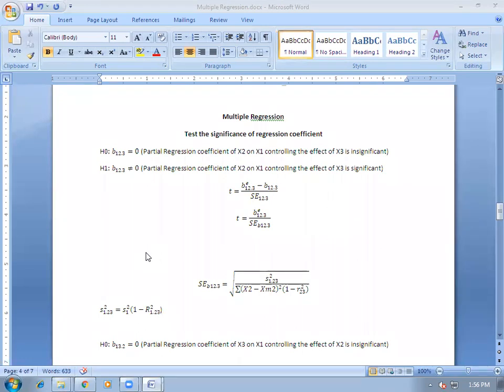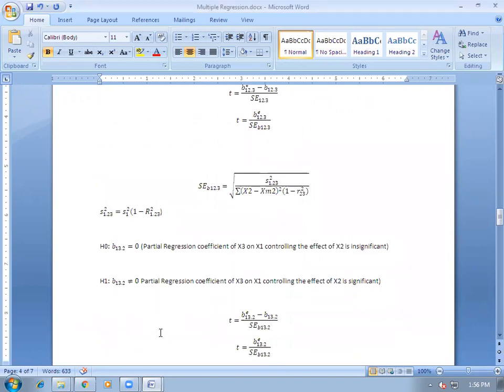So there we should check the multicollinearity first before fitting the regression coefficient, regression equation. If there is multicollinearity, then regression will not give adequate results. So we should remove multicollinearity first. After that we should fit the regression model. Then standard error of estimate can be calculated through this formula: standard deviation 1 square into 1 minus r1.23 square. This is the multiple correlation when dependent variable is x1.